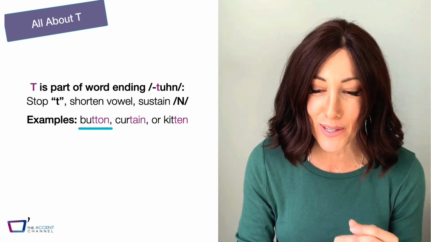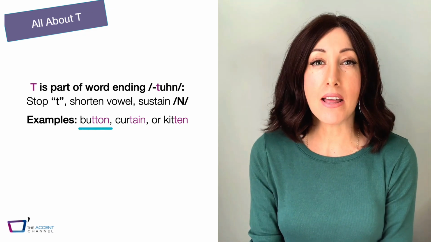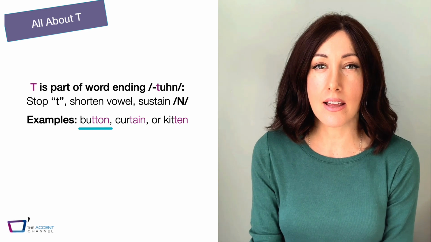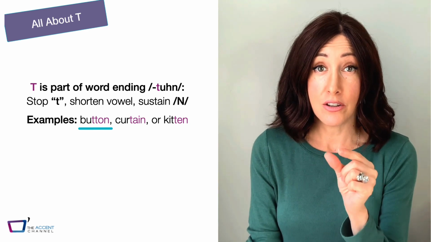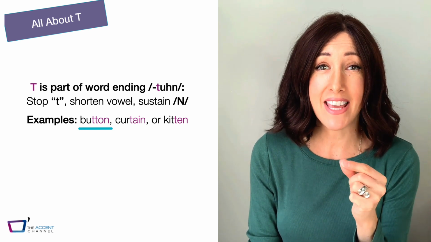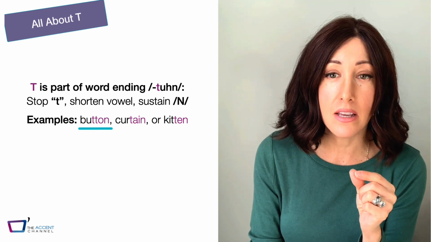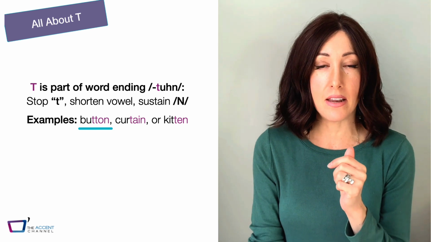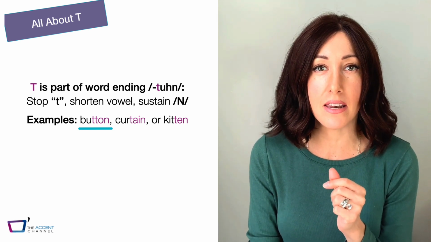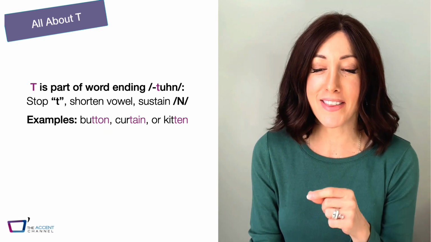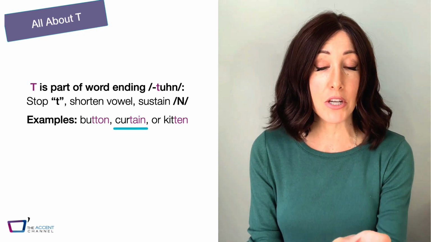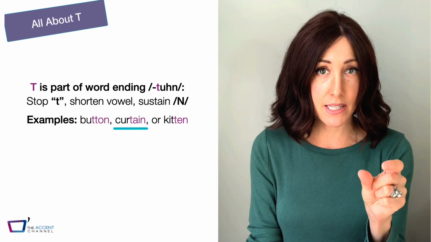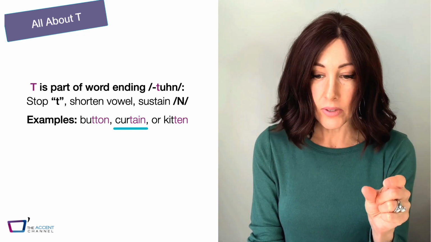So this is what I want you to do. I want you to say, button. But, stop the T, shorten the vowel, sustain the N. Button. Button. Got it? Let's try the next one. Same thing. This is an RT, so this will happen on RT as well. When you have ton as the word ending,